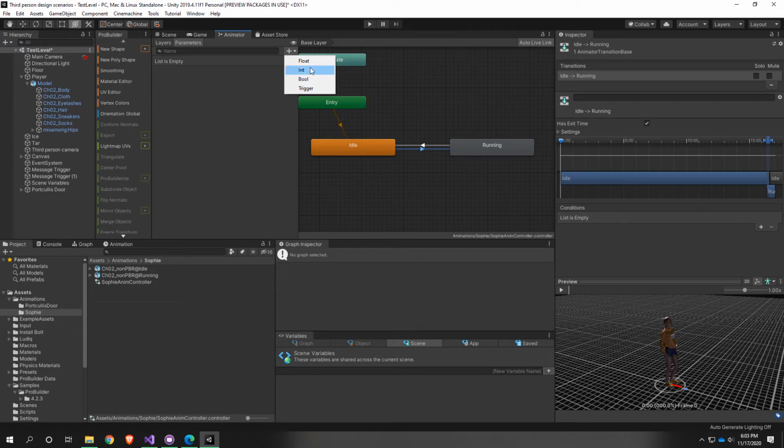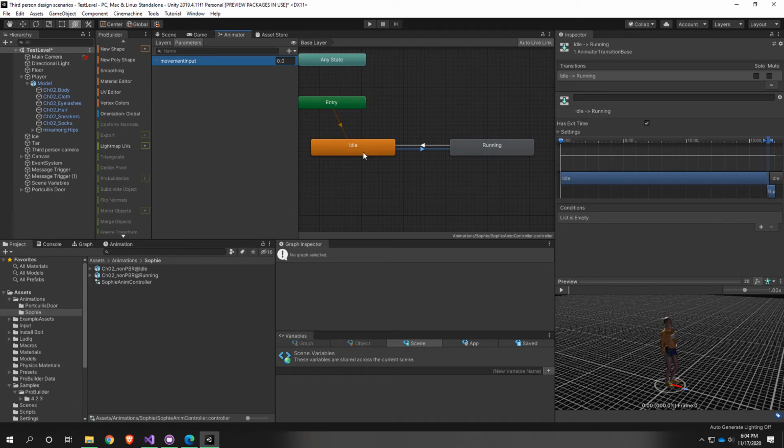I think it's going to be a float, because what we can do is look at the value of our input, and if the player is pressing a button to move, which is essentially a vector 2, we can decide that we're trying to move. And if the player's not pressing any input, that value would be 0, and we will understand that the player's not trying to move, and that's when we'd be in idle. So I'm going to call this movement input,